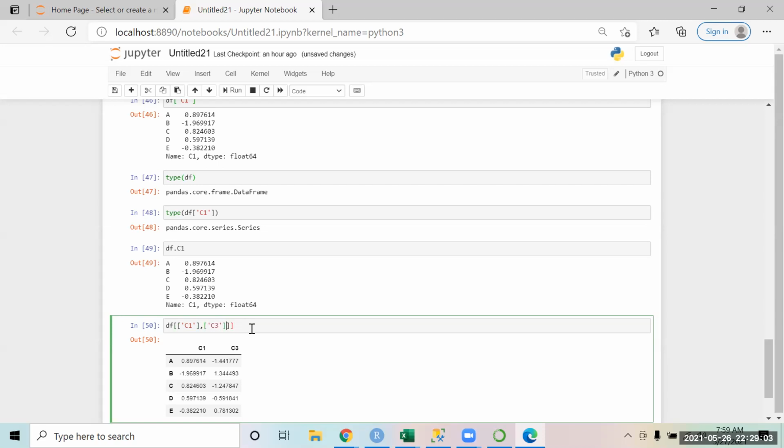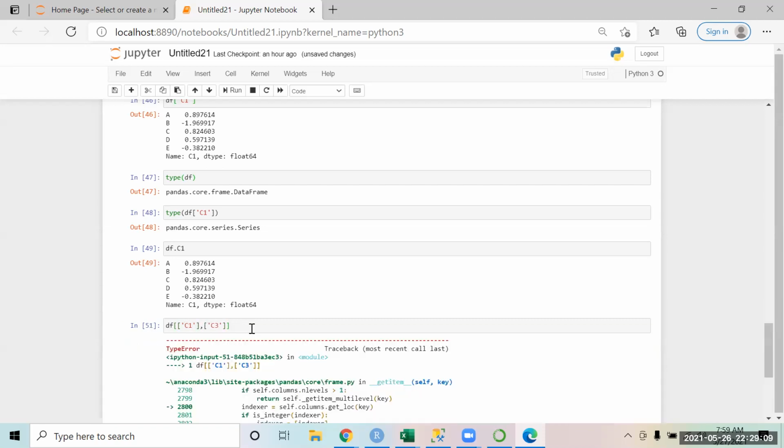No, so technically, if you remove this list part, it is considered as two different inputs. One input is this, one input is this. But when you are giving it together in the form of a list, that is one input that is being considered. So it is not going to accept that.